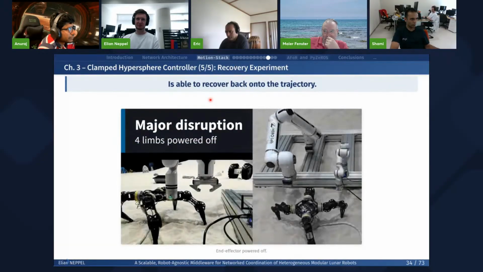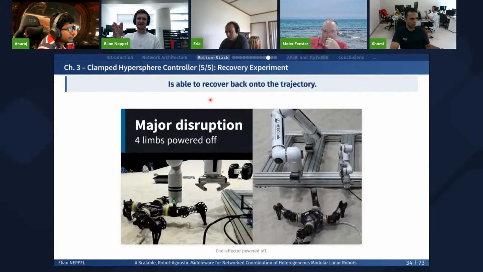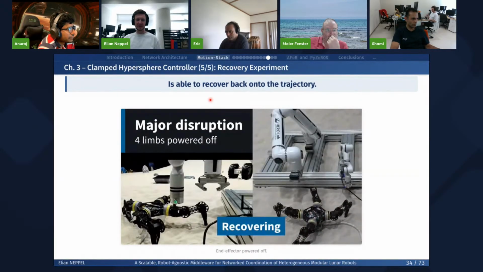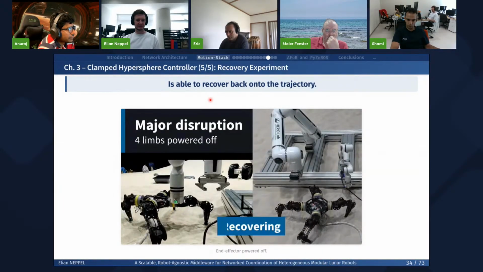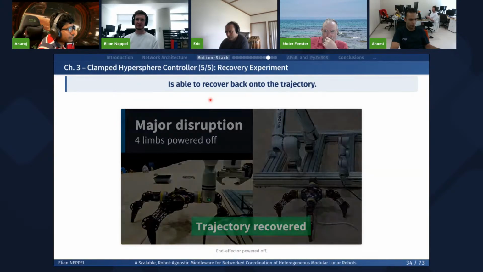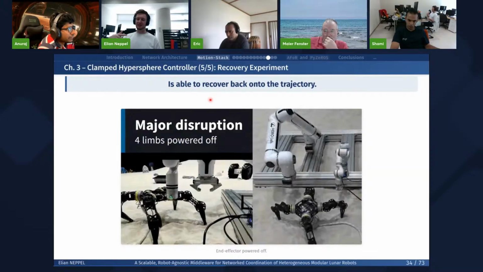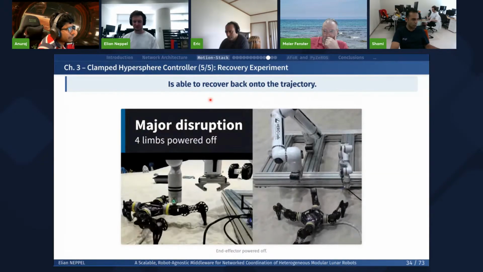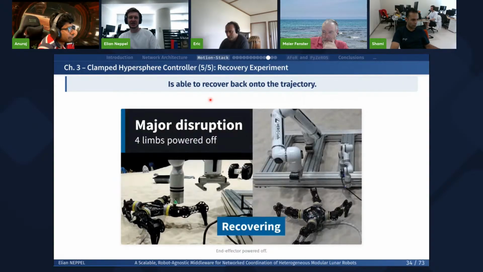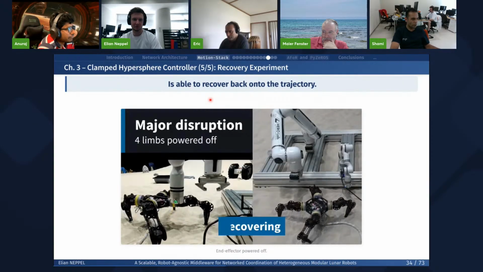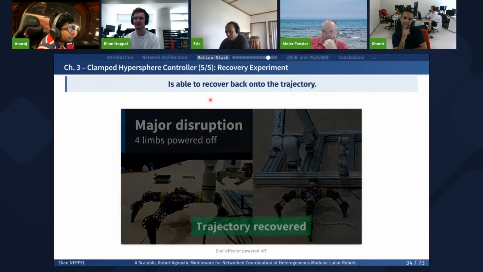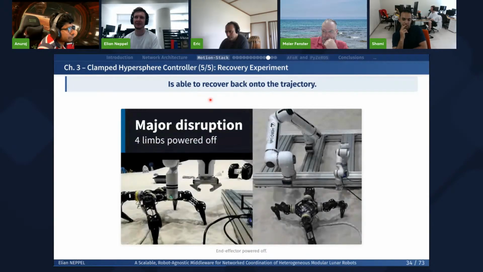And lastly, this was the question you just had. So this is the case where there is a huge problem with the trajectory. Here I unplug the quadruped and it falls down. So it goes very far away from the trajectory. And with what I just explained before with the sub-trajectory recovery method, we can actually have the entire robot be able to stand back up and recover to go back onto the trajectory before simply continuing everything.